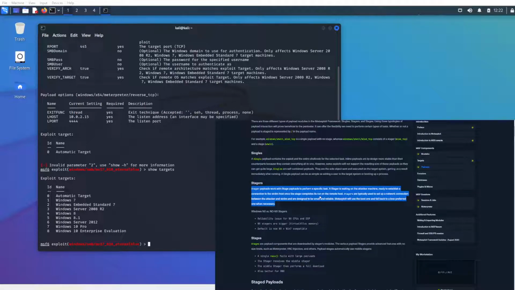Stager payloads work with stage payloads to perform a specific task. A stager is waiting on the attacker machine, ready to establish connection to the victim host once the stage completes its run on the remote host. Stagers are typically used to set up a network connection between the attacker and the victim and are designed to be small and reliable. Metasploit will use the best one and fall back to a less preferred one when necessary. And it's got this NX versus NX stagers. Okay,